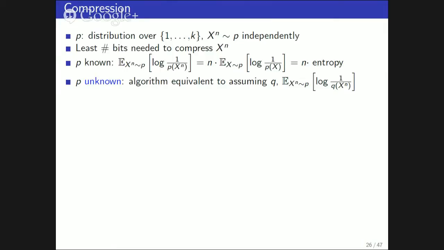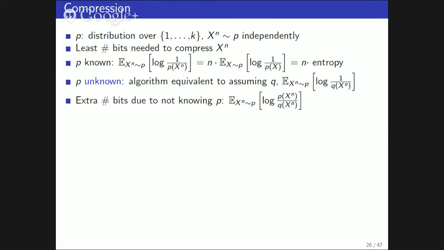So if any compression algorithm that you have will be equivalent to a distribution q, your expected number of bits is the expectation of log of 1 over q. That's the number of bits that you are assigning. So the extra number of bits that you incur, the penalty that you incur